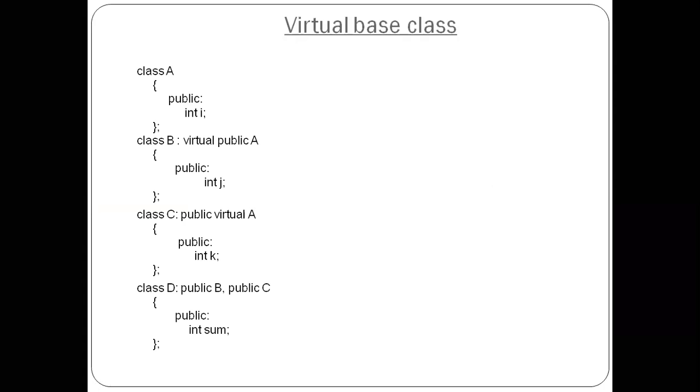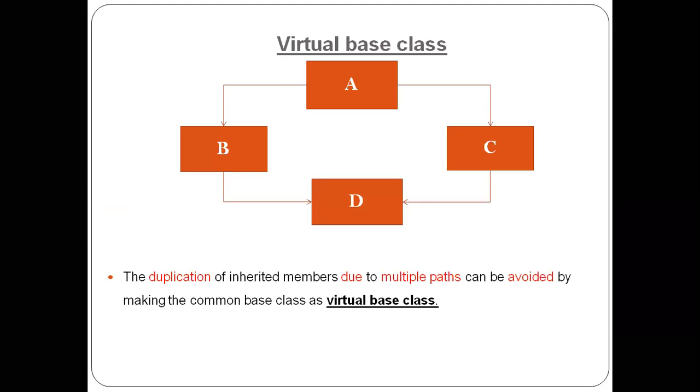So here in this case, I will first tell you what is meant by the virtual base class. Virtual base classes are used in virtual inheritance as a way of preventing multiple instances of a given class. Here, multiple instances occur, because we access that particular method from the B class as well as from the C class. So to avoid that ambiguity, we use the virtual base class concept.